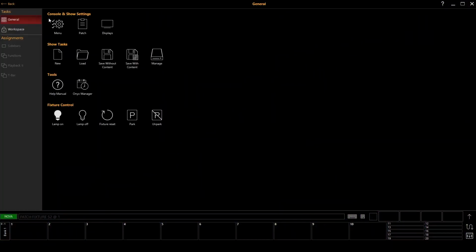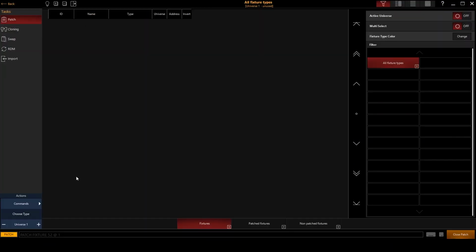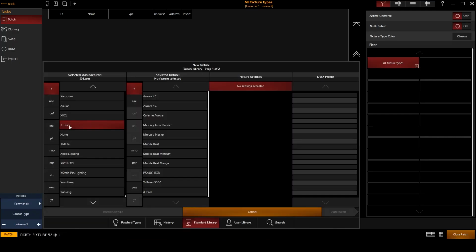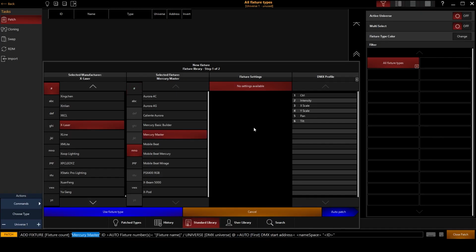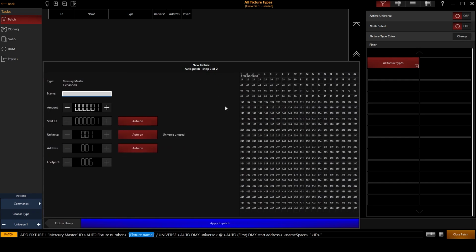Today I'm walking through our Mercury profile on ONYX consoles. I'm going to talk through how to patch, zone, and navigate the builder itself. So starting with a blank show file, I'm going to go to Patch, Command, New Fixture, come down to X-Laser, and I'm going to start with the master instance, which is just going to control our master intensity, our overall scale, and our mode. I'm going to call this